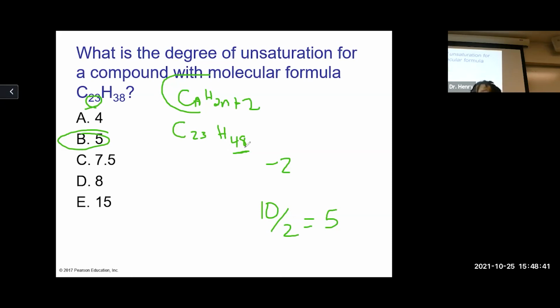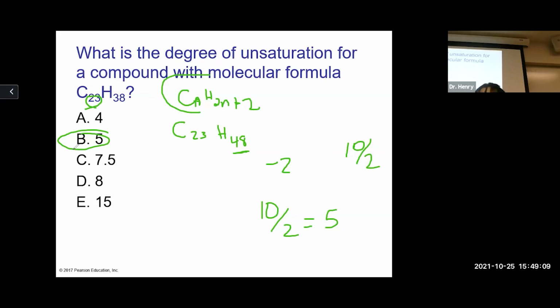If I'm going from 48 to 38, how many am I losing? 10. And for every double bond or ring structure, we lose 2 hydrogens. So 10 divided by 2, 5. So that's how we calculate our degrees of